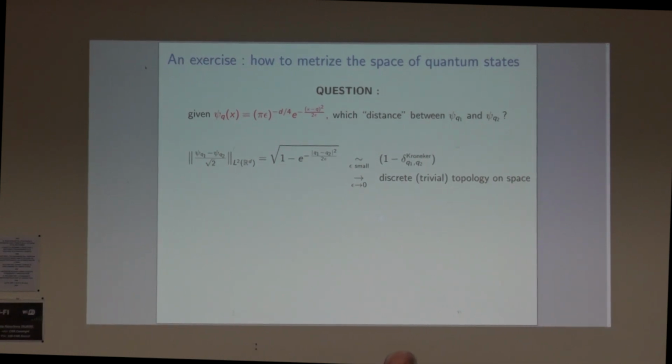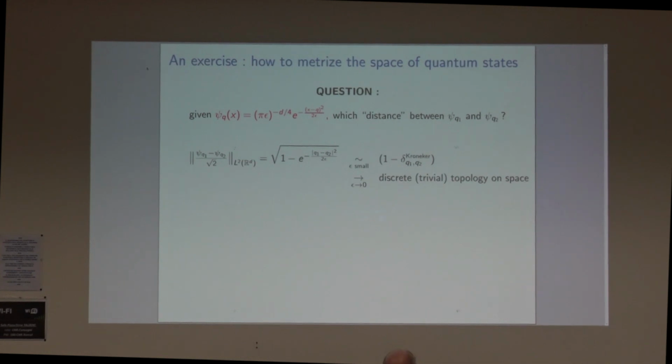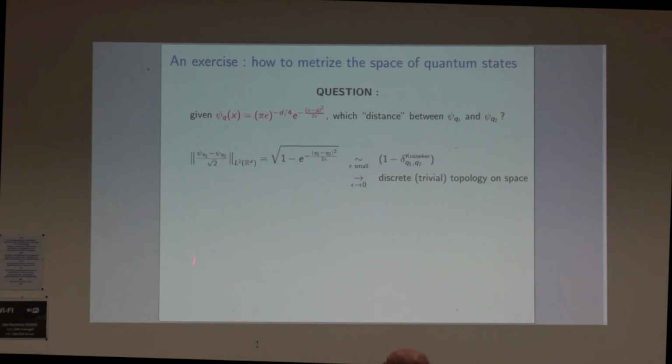Very often, the Hilbert space is an L2 space, and if you take a state like this, a function of x, which is basically like a Gaussian, on which you vary the narrowness of it, like this,